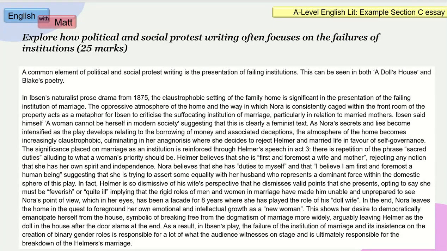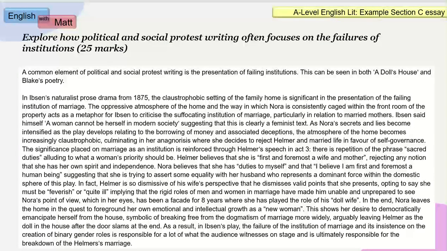The problem sometimes with introductions is that because they are an introduction, students don't really say anything. They introduce. And if you have a large paragraph where you're just introducing but not really saying anything, that's going to be a waste of time, and it's also going to limit the amount of marks you get. So it's far better to actually write a very short introduction if you're going to write one, and then go straight into your first text.